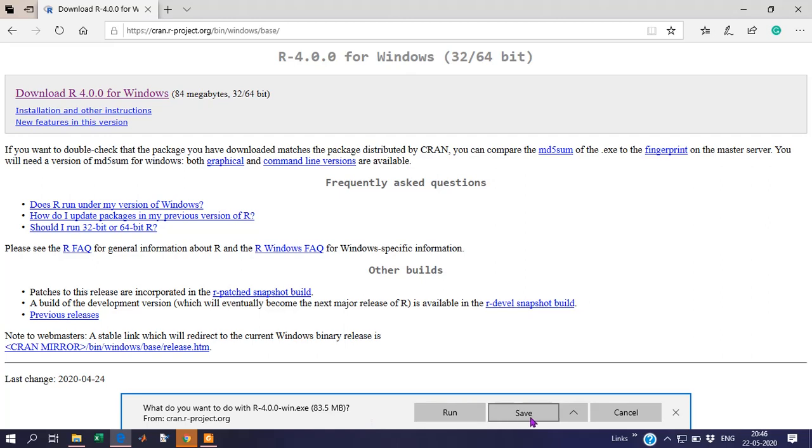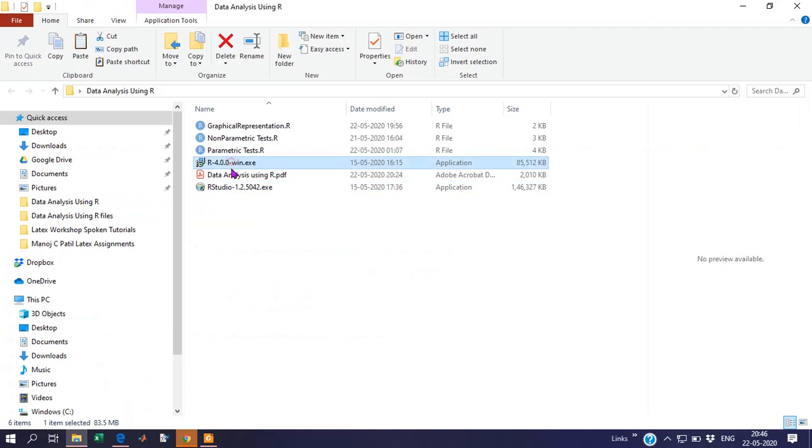As I have already downloaded it, I will use that exe file here. Installation of R is not that difficult. We just have to double click and go for next, and choose the address where you want to store the extracted files.